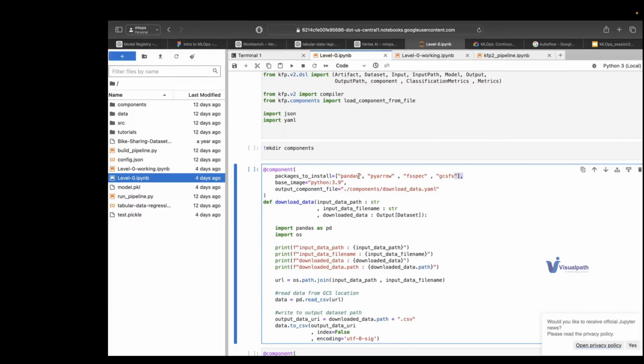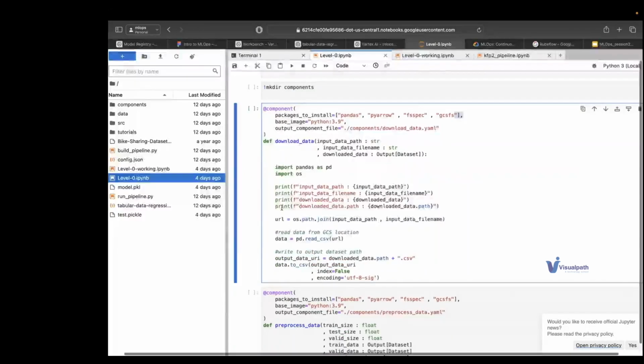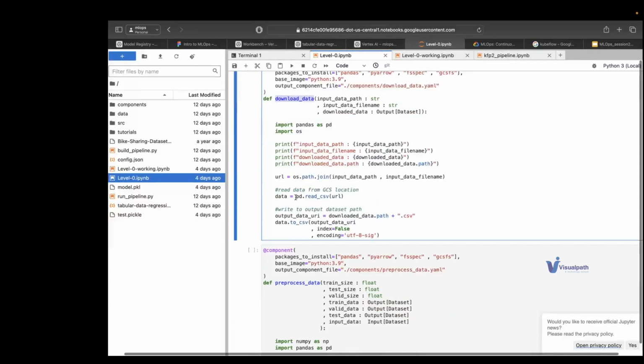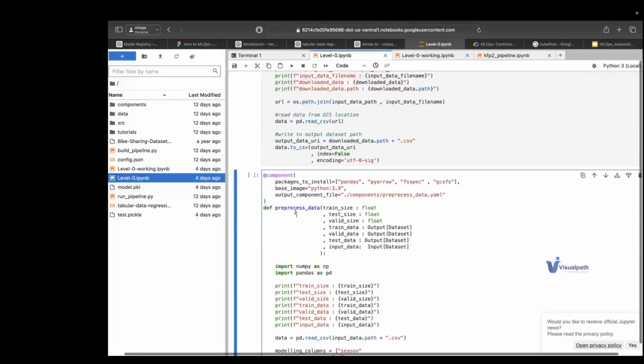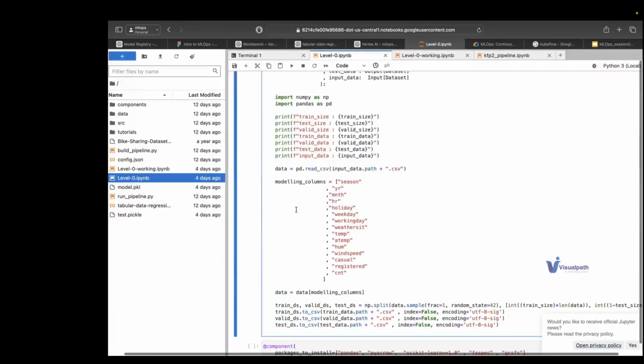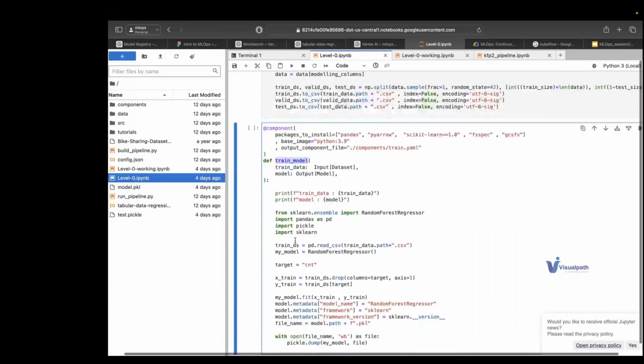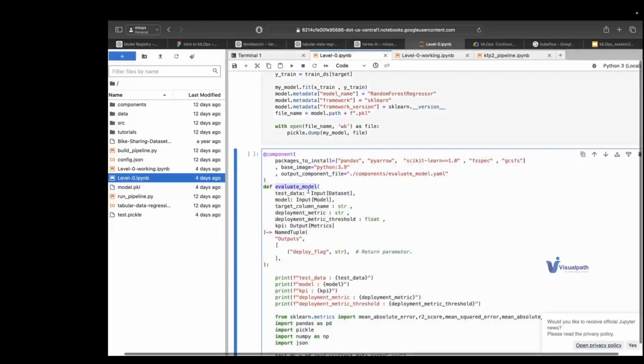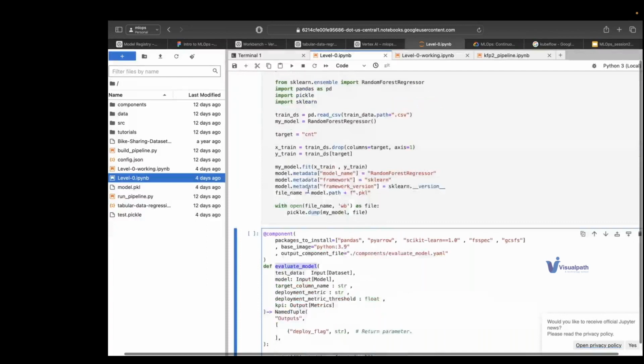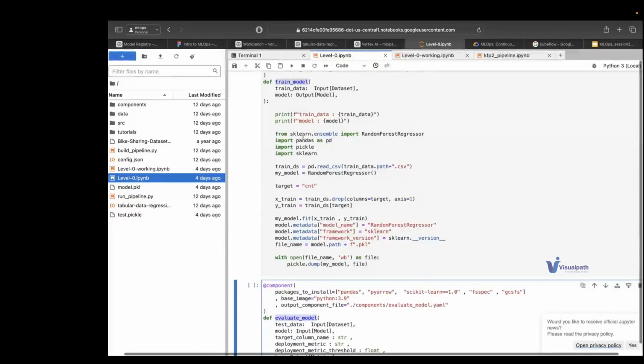I'll explain all this code to you, so you don't need to worry. Every component has code, like download data, preprocess that data, and then train a model. Every component has its own particular code, and if you see, it's hardly a few lines of code. Every component is hardly 5 to 10 lines of code. So don't worry about this.